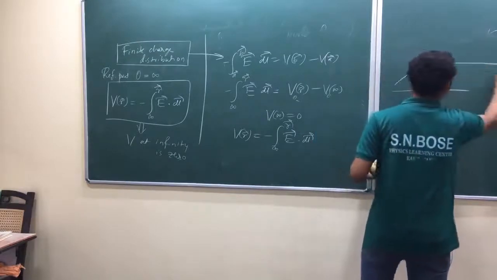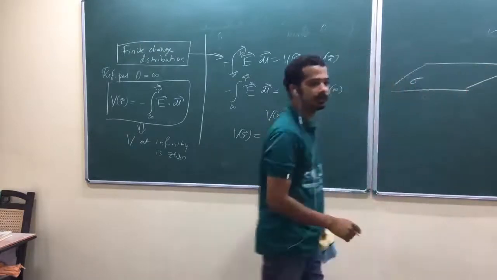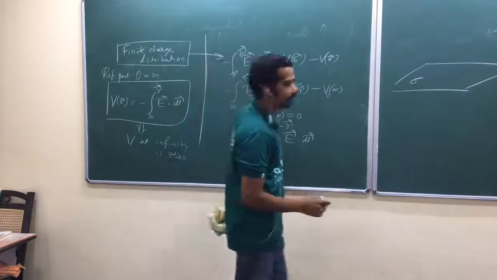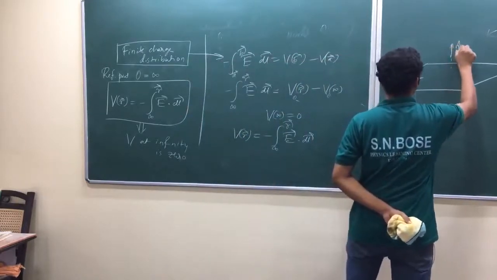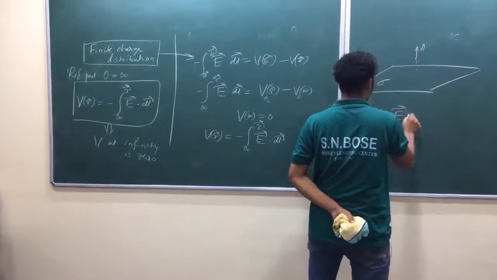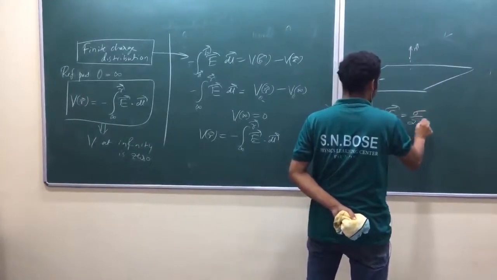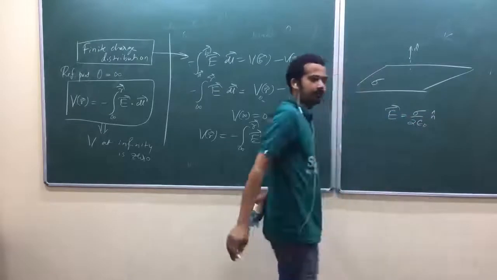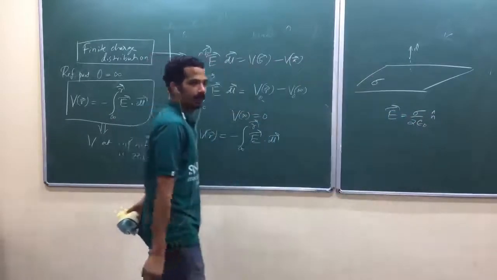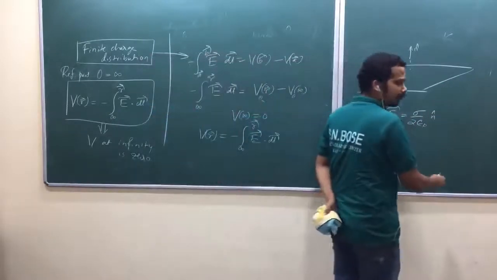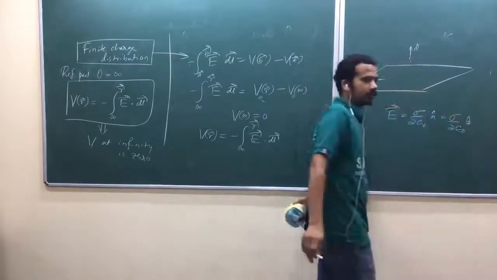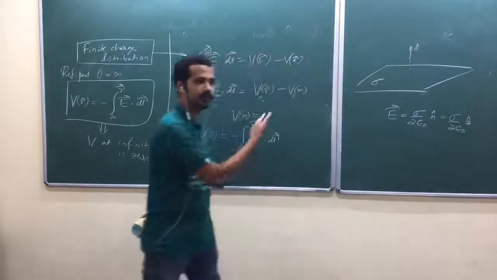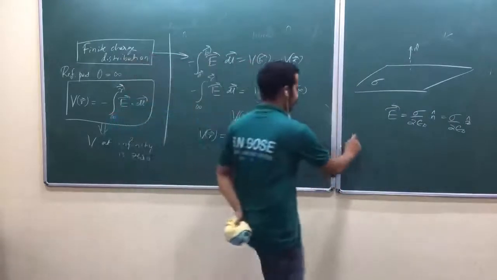Yesterday we have taken uniformly charged plane, am I right? Infinite plane. So we have taken electric field at this point n cap, electric field above or below, that's equal to sigma by 2 epsilon into n cap, am I right? Okay. So suppose n cap is along z cap. Let me write sigma by 2 epsilon naught z cap. Is that okay? So now let me take infinity as a reference point.